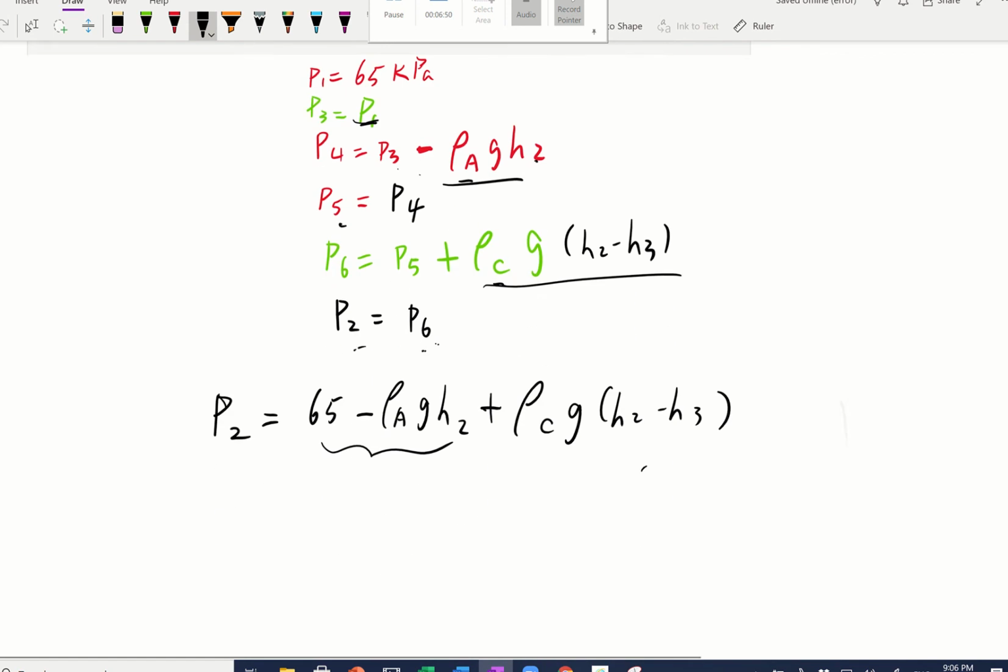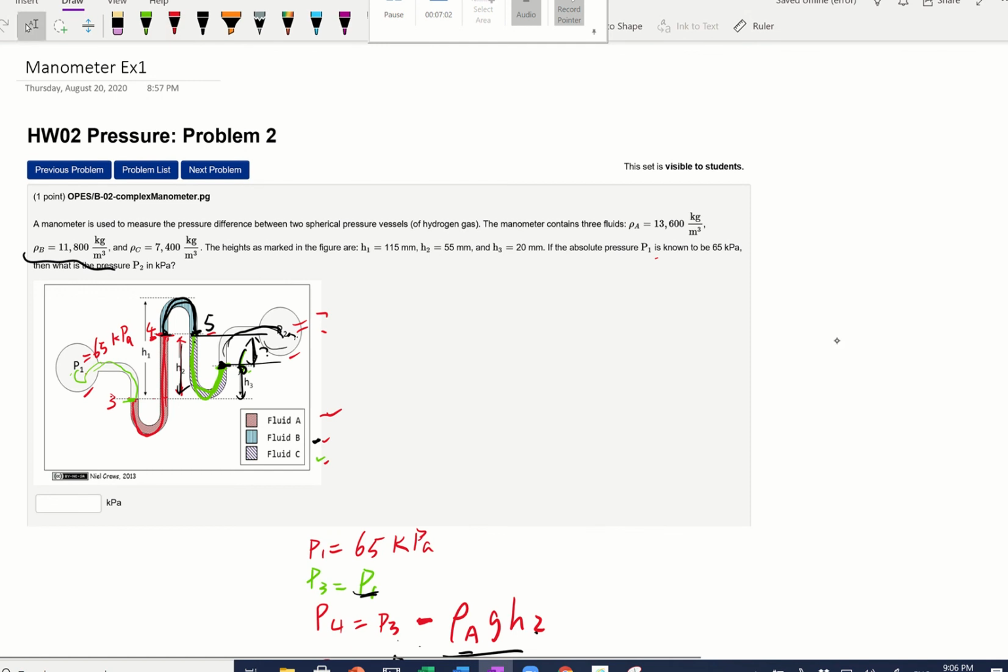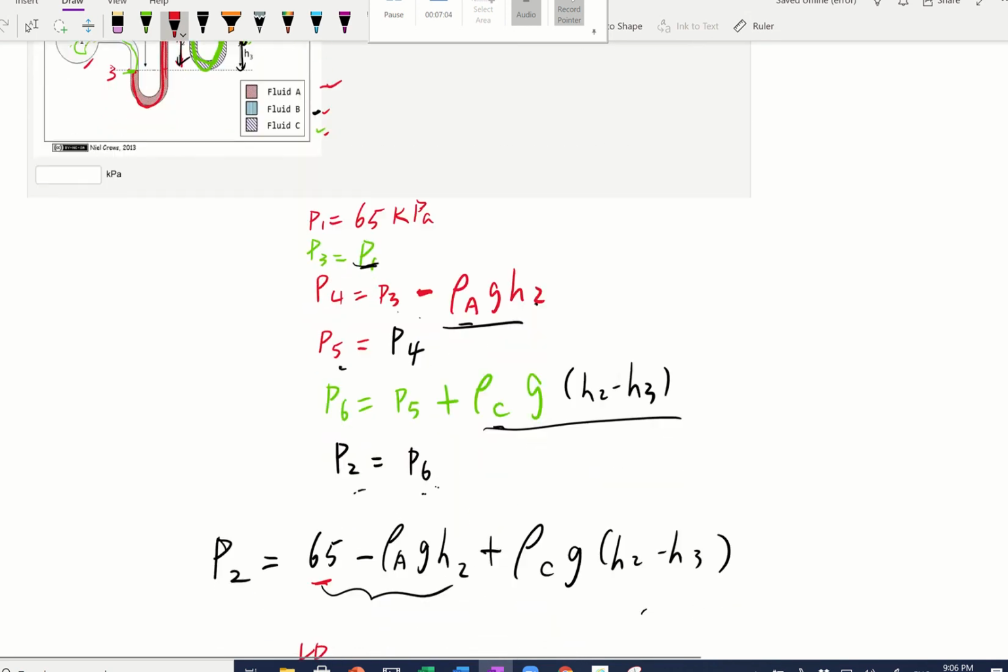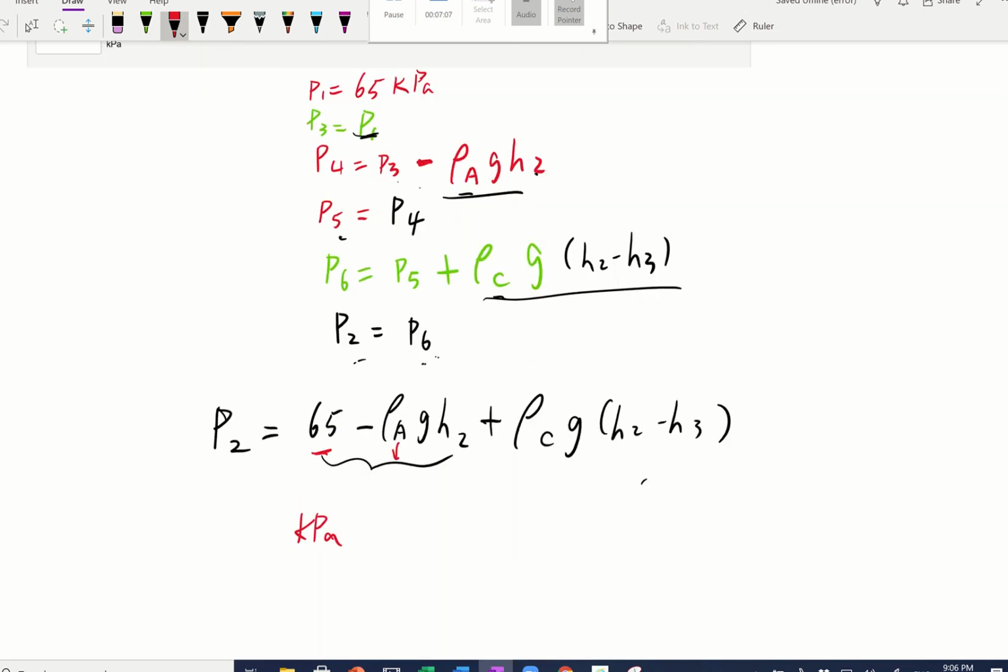One last thing I'm going to look at is the unit. So here, be aware, 65 is in kilopascal. And the rho here is in kilogram per meter cubed, mass over volume. G, we're going to use 9.8, right? And then